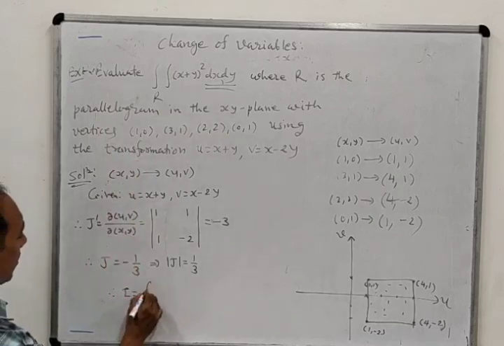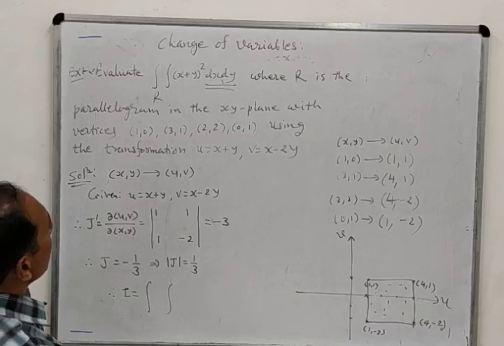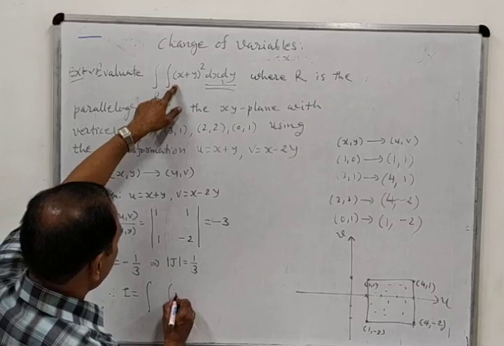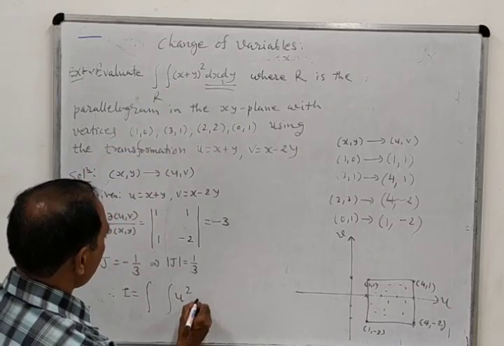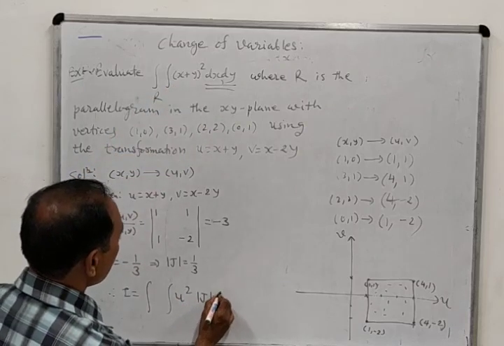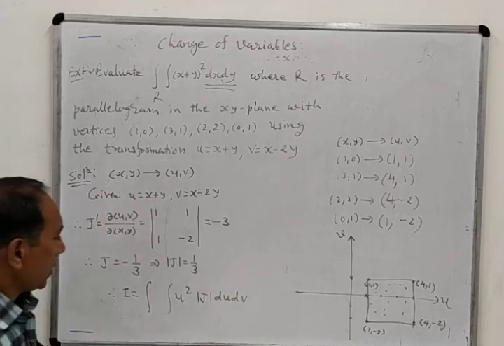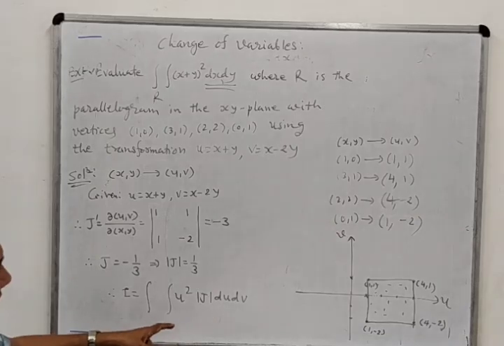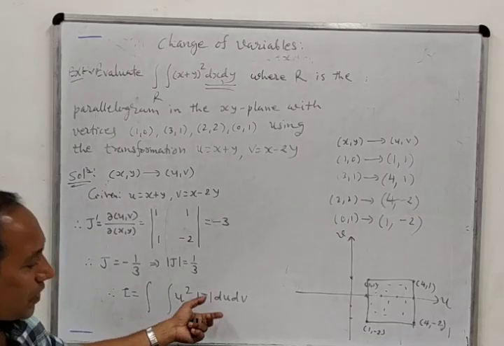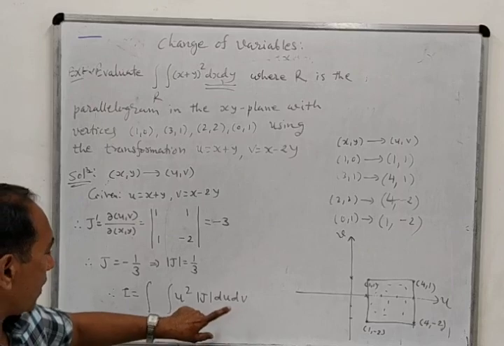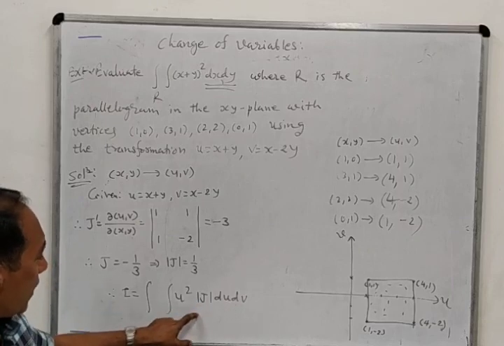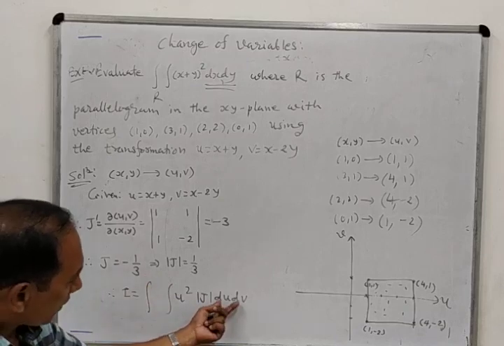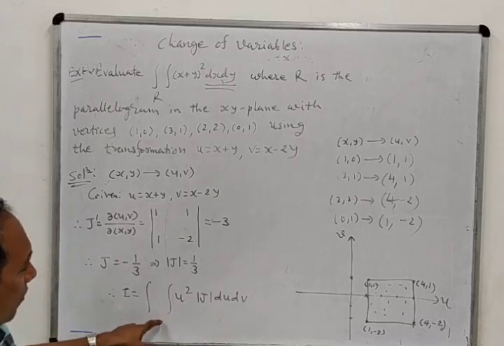Therefore I will become double integration x plus y. What is x plus y? Here x plus y is u. So we can write down u square directly. dx dy is Jacobian J into du dv. And here it depends upon us with respect to which variable we want to integrate first, either with respect to u or with respect to v. Here we have written du dv, so we will find out here the limits of u and here the limits of v. If you write here dv du, then you have to find out the limits of v.